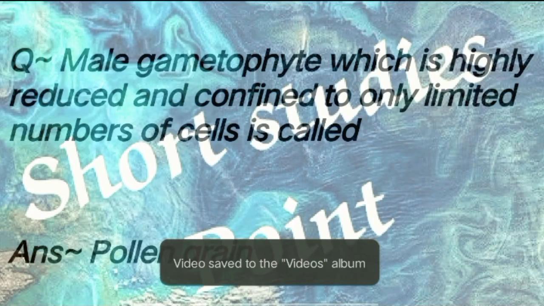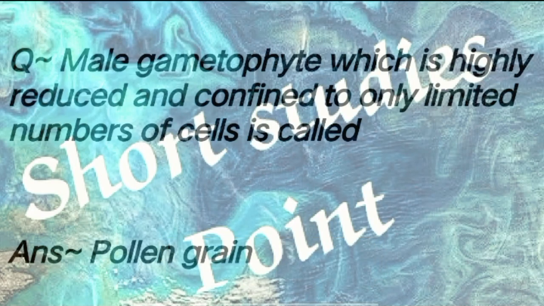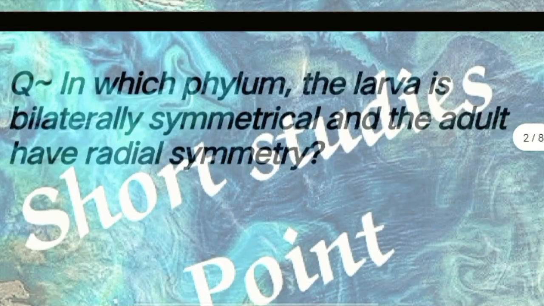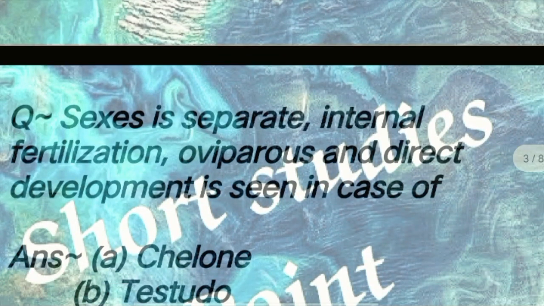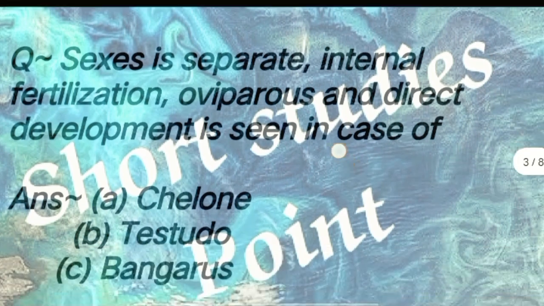Male gametophyte which is highly reduced and confined to only limited numbers of cells is called? Answer: pollen grain. Next question, in which phylum is the larva bilaterally symmetrical and the adult radially symmetrical? Answer: Echinodermata. Next question, sexes are separate, internal fertilization, oviparous and direct development is seen in case of? Answer: